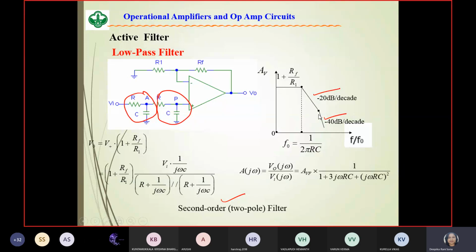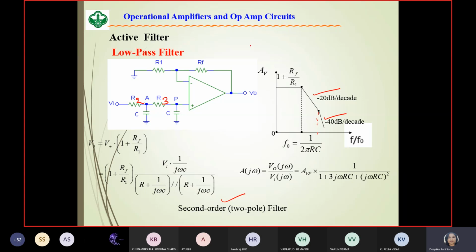Now guys, F naught is as usual 1 by 2 pi RC, or here you are going to calculate the FH value, same thing. But because we are getting two poles of frequency down, what we have to write here is not similar. Here you can see that as per this figure we have RF, R1, and suppose R2 and R3. I'm rewriting it here, because R alone would confuse you. So this is R2, this is R3, but actually these two values would be similar. Later, while designing, I'll tell you.